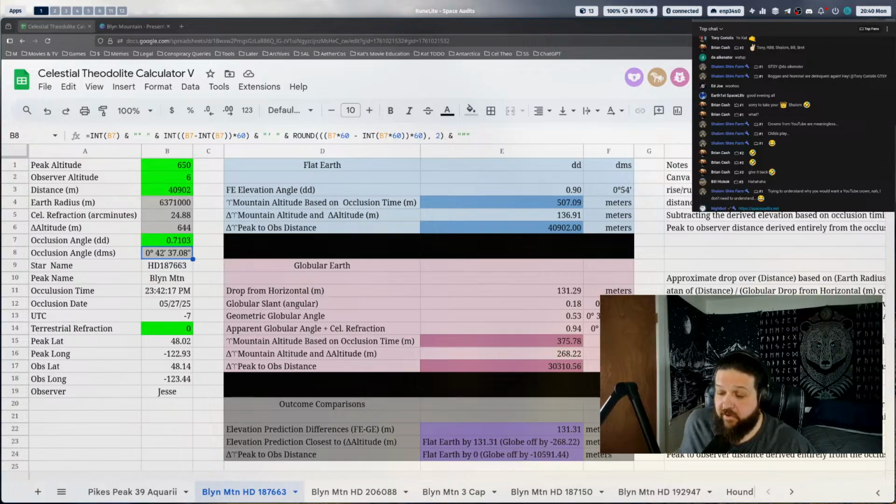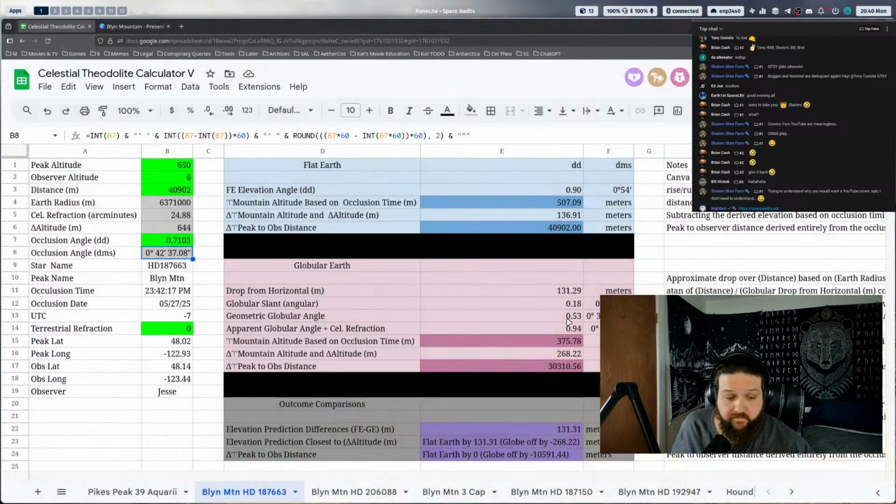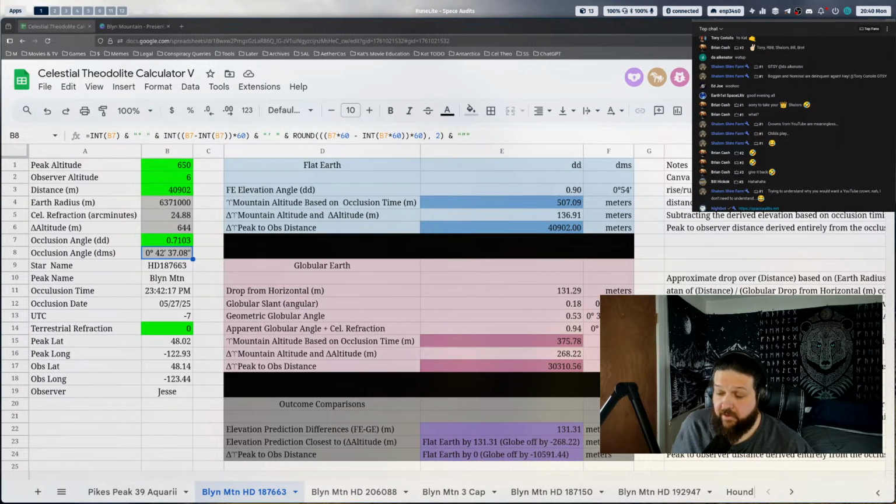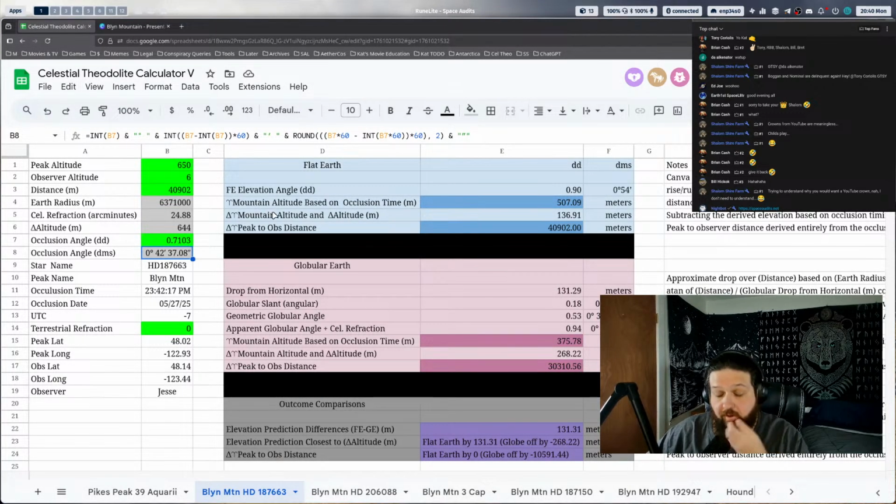Oh, sorry. My mic was muted. We turn your attention to my screen share. Yeah, we don't deny anything about Jesse's thing. While you were muted, I was praising him on his derivation of the difference in elevation per mountain peak thing. So it's fine. Per star occlusion. Yeah, so here we go. All of his measurements, right?